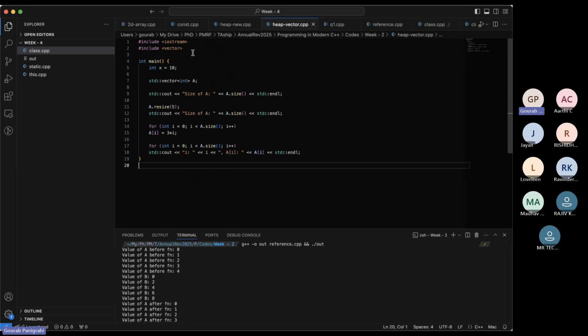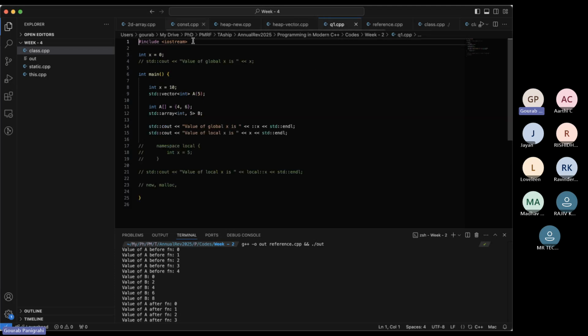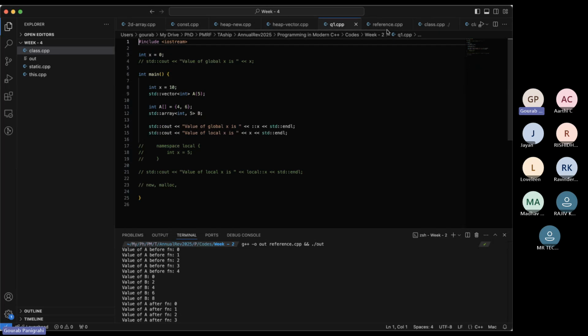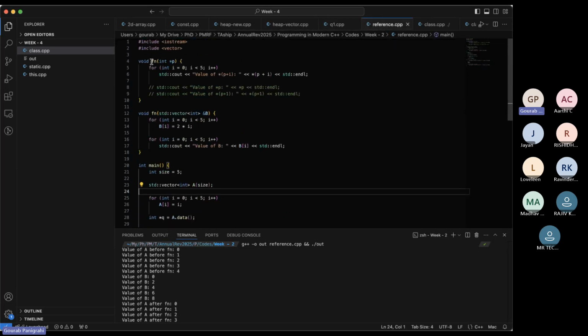What happens is, because you included the vector header file, like I said, if I include q1.cpp or anything, it will copy the whole content here. With all the code it has, it will get included. Now the next step is the compiler has to compile all this. So functions like main, or let's say I have functions like fn